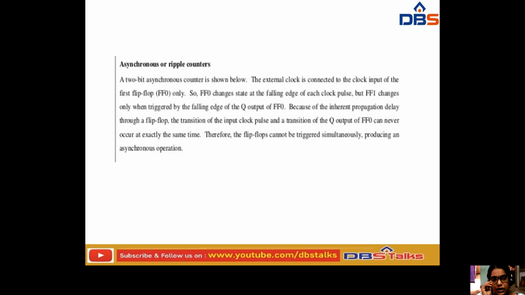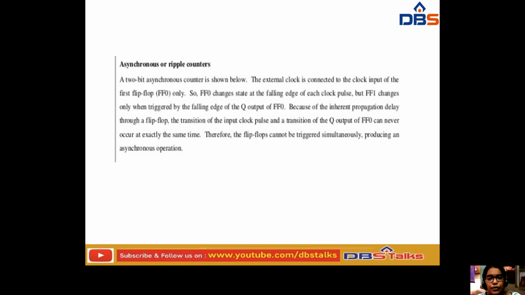So if you have observed these asynchronous or ripple counters, the 2-bit asynchronous ripple counter is shown below. In the next slide we are going to discuss that one. Here the external clock is connected to the clock input of the first flip-flop only. So FF0 changes state at the falling edge of each clock pulse, but FF1 changes only when triggered by the falling edge of the Q output of FF0,